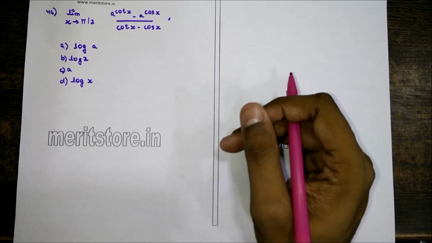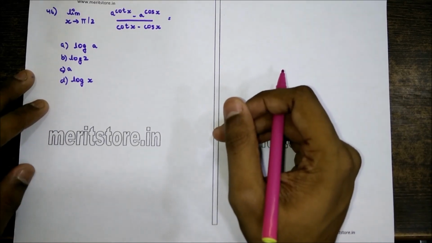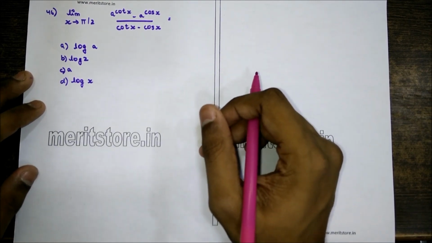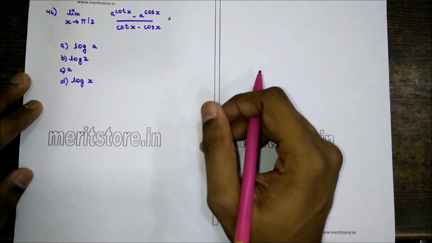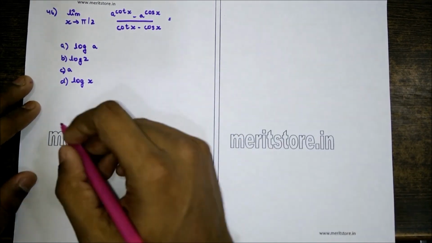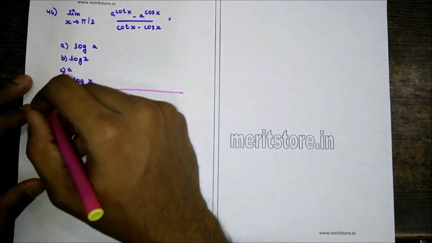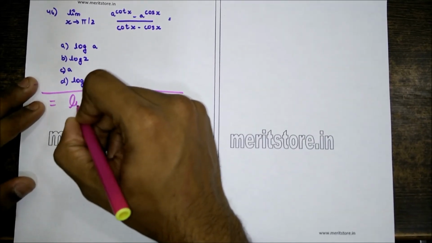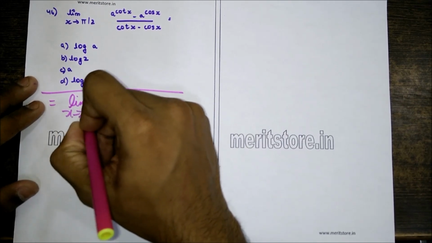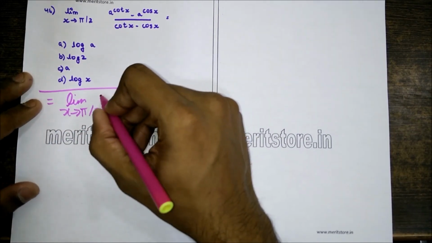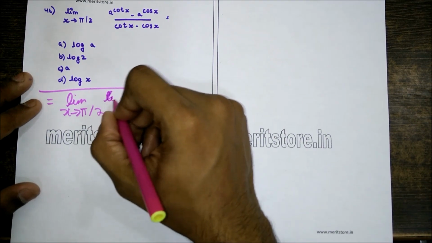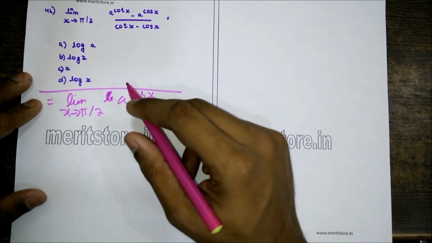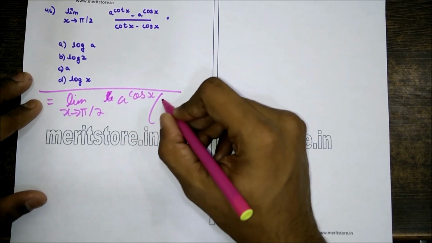Limit of x tends to pi by 2, (a raised to cot x minus a raised to cos x) upon (cot x minus cos x) equals: a) log a, b) log 2, c) log a, or d) log x. By using L'Hopital's rule, therefore we get... Sorry, we don't use L'Hopital's rule, we just take a raised to cos x common from the numerator, giving us